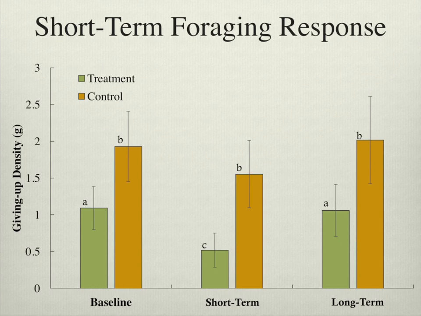And so what I really want you to focus on is the change in the control groups and the change within the treatment. We see that there was no significant difference in foraging under the control group. However, under treatment group, we see that there is a short-term response under that acute stress. What's really interesting to take into account is that giving up density actually decreased, which means that they were taking up more food during that period of short-term stress, which is quite unusual given that prey normally reduce foraging during increased stress, and I'll talk about why this might be later on during the discussion.